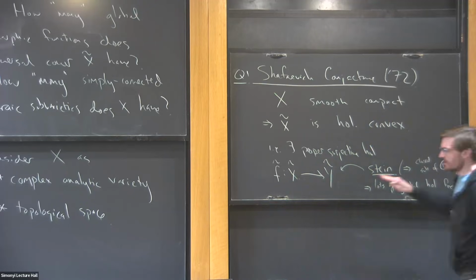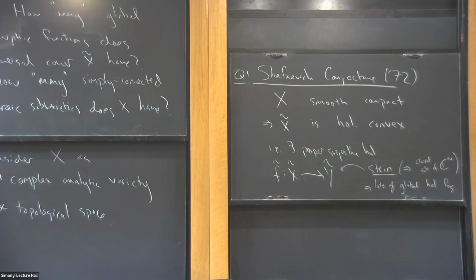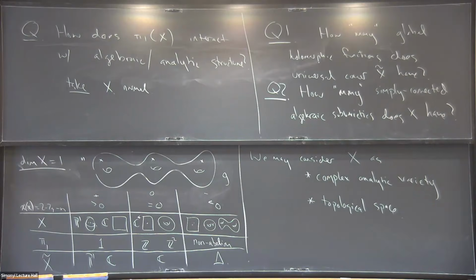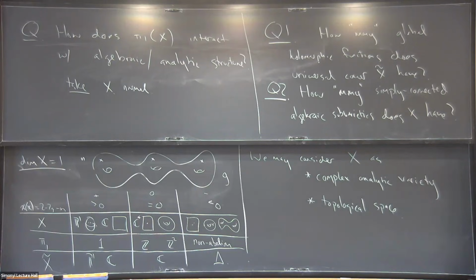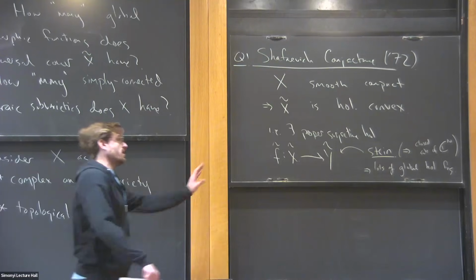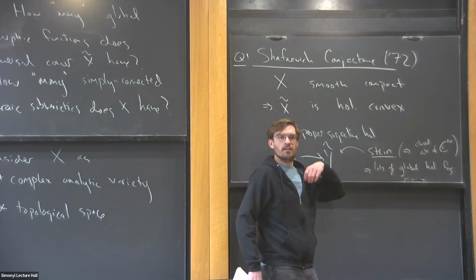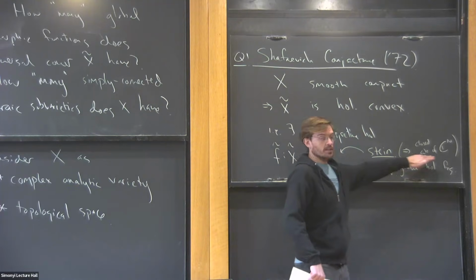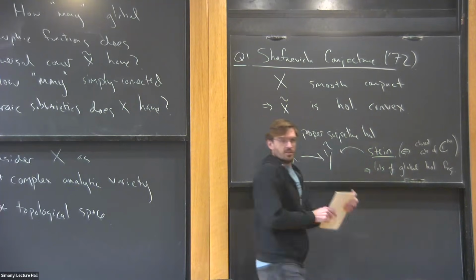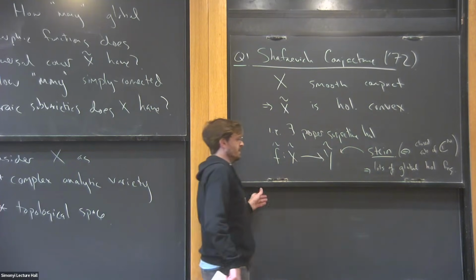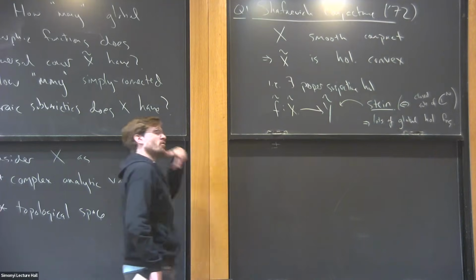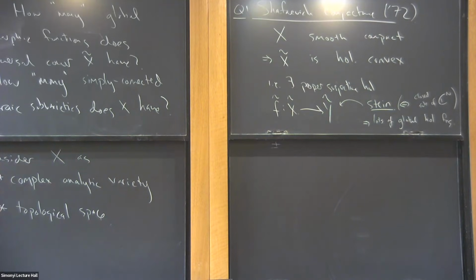So I said this is not the definition, because already for the disk, it's non-trivial to see that the disk can be realized as a closed subset of C to the N. So that's really a theorem, but if you want to think about what it means, it's as good a definition as any, a characterization of Stein. There are many. Is it if and only if? Yes, it's if and only if. Like I said, it's usually a theorem. It's not usually taken as the definition, but it is equivalent, with a small nuance related to the embedding dimension. Another way to think of it: Stein is kind of an analytic analog of affine in algebraic geometry.